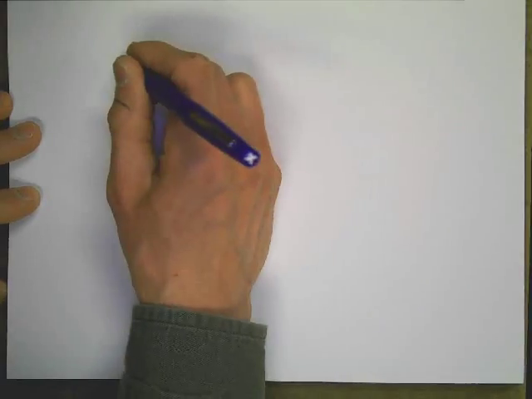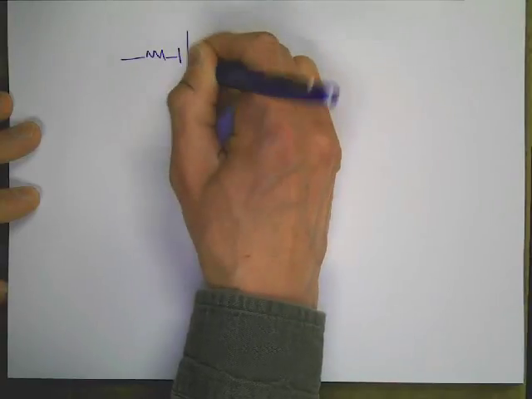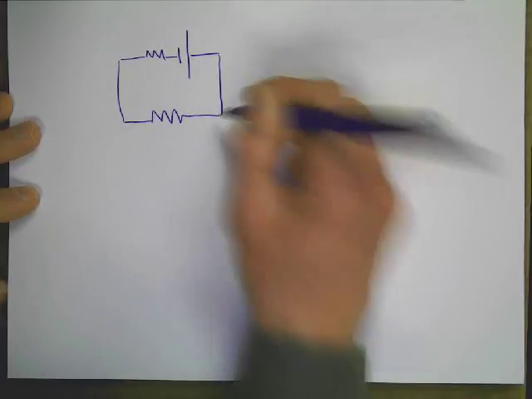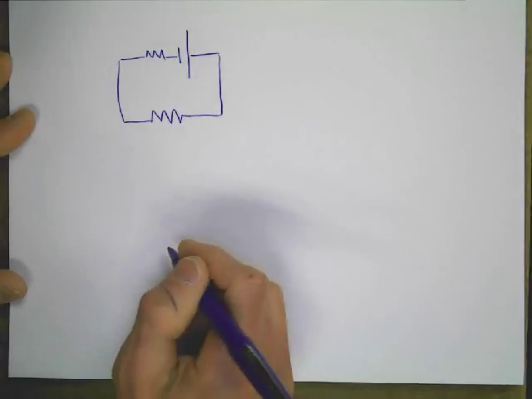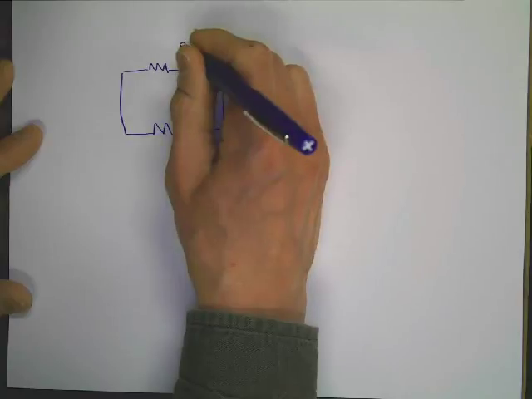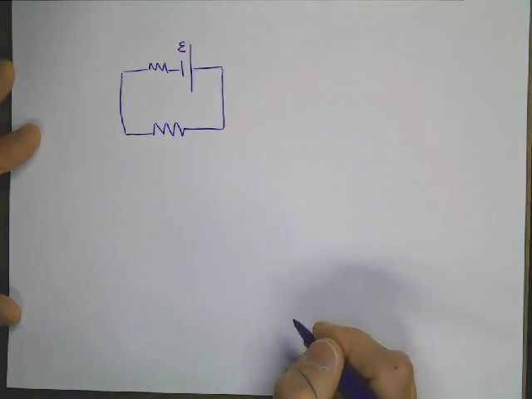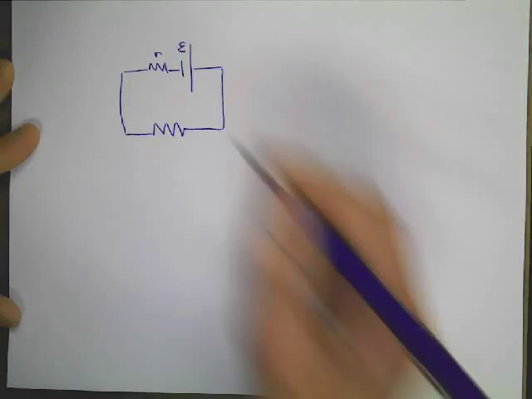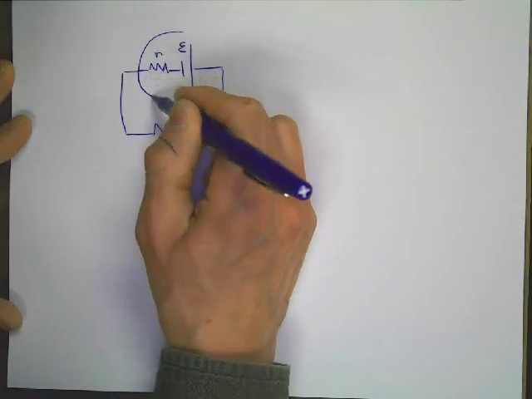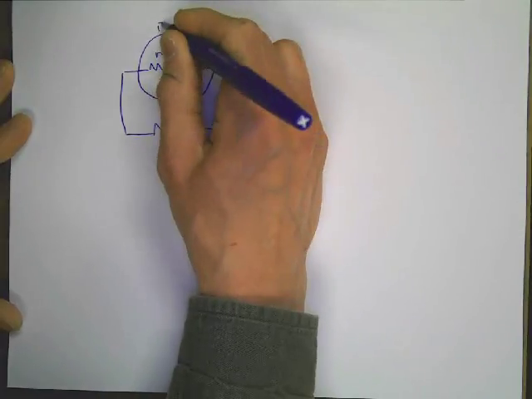Okay, so let's take a look at how we can use Watt's law and apply it to a circuit that has a battery with internal resistance. So I'm going to draw that circuit right here, and remember that a real battery consists of an EMF, but you also have to subtract a small voltage difference because of the internal resistance of that battery. Okay, so this whole thing is my battery,